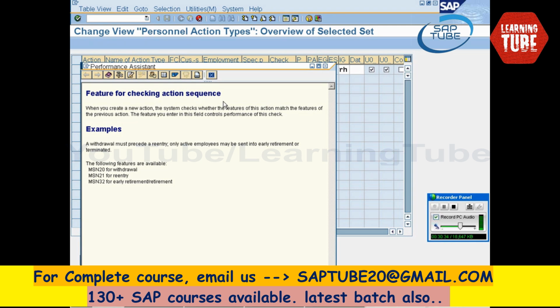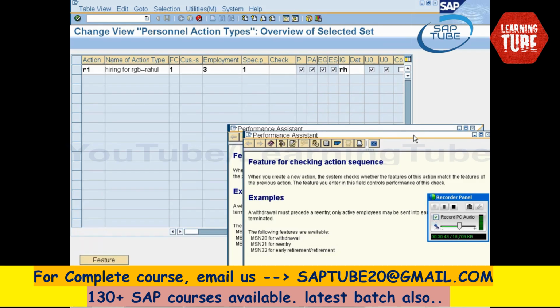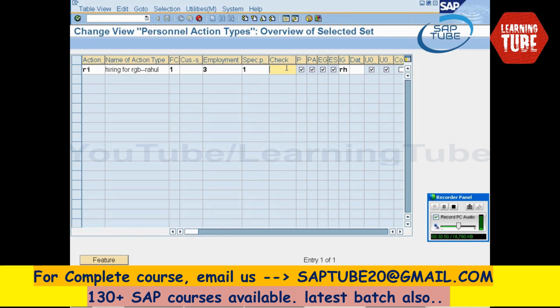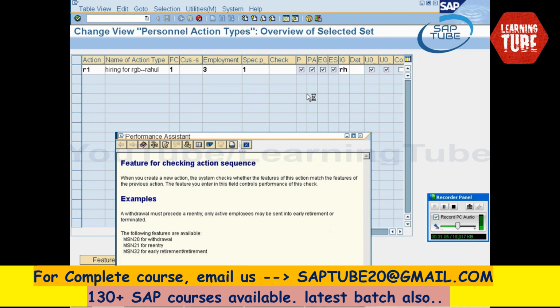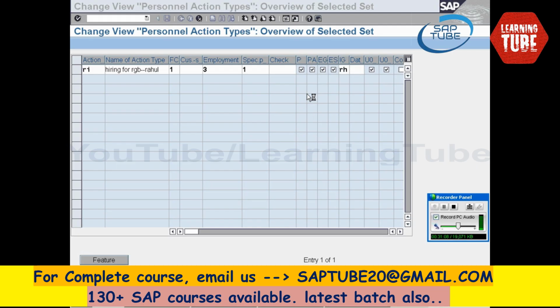Here we are doing the hiring action. For a hiring action, you need not enter anything under that column. If it is a termination, we have to enter this: MSN 20 for withdrawal and termination, MSN 21 for re-entry. Rahul, is it clear? Okay. Now, whenever you hire a person, the data will be entered for